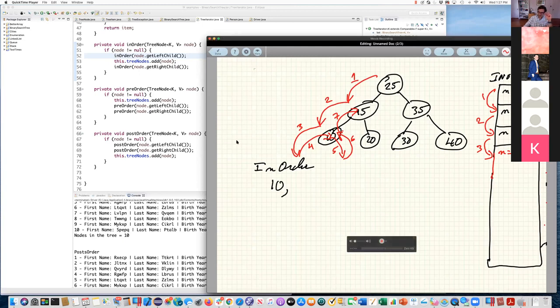I go down to here, n is equal to null. So that's not good, right? So I'm going to go back. That's arrow number 4. Correct? I went back. So if I went back to node 10, it means I am coming back from the call at line 52. So now I'm going to do line 53. And if I'm going to do line 53, I'm going to output 10. Okay. And then I'm going to go to line 54, which is going to be 5. Right. And 5 is going to bring me back down to here, right?